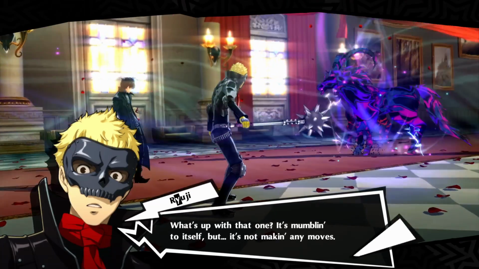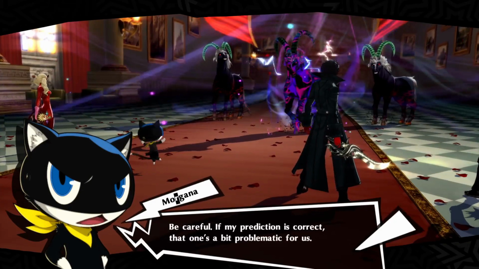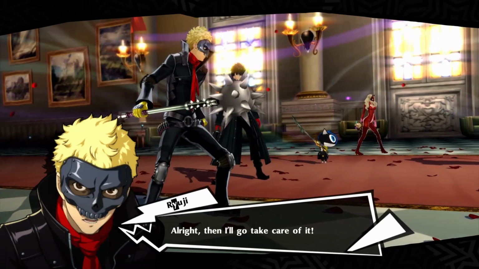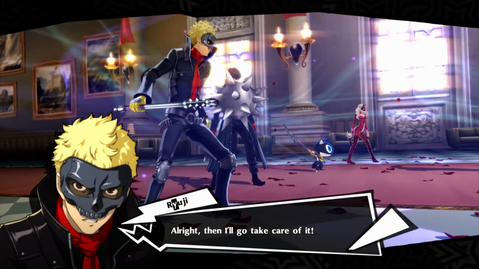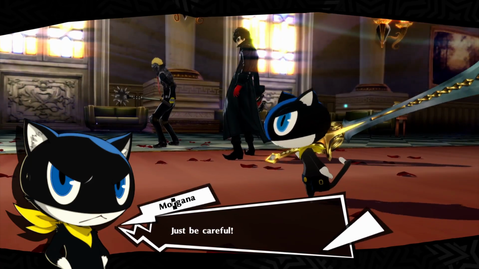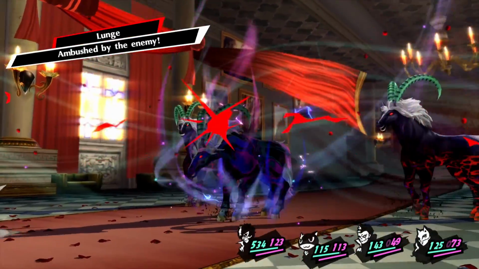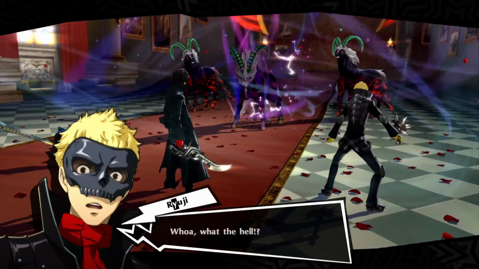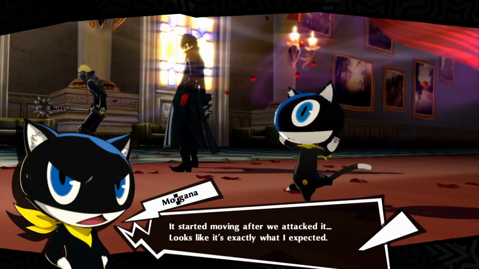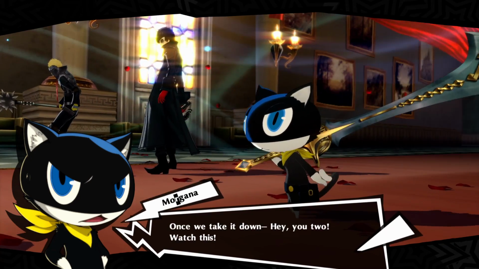What's up with that one? It's mumbling to itself, but it's not making any moves. Be careful. If my prediction is correct, that one's a bit problematic for us. Alright, then I'll go take care of it. Just be careful. What the hell? It started moving after we attacked it. Looks like it's exactly what I expected. Once we take it down...